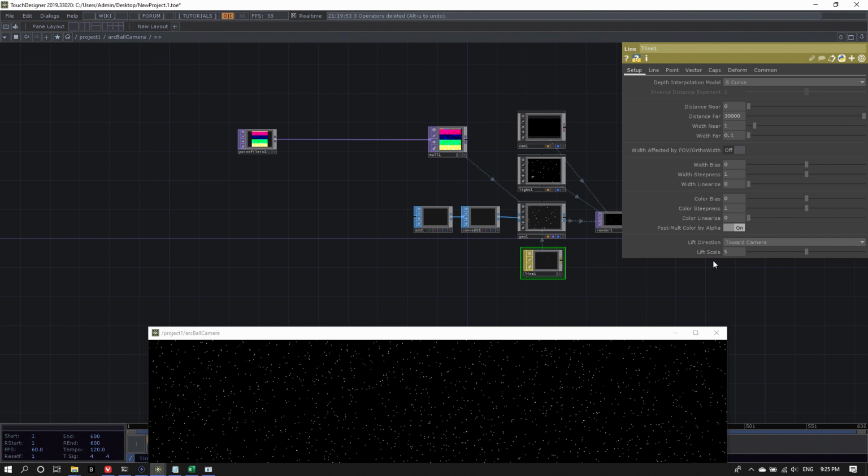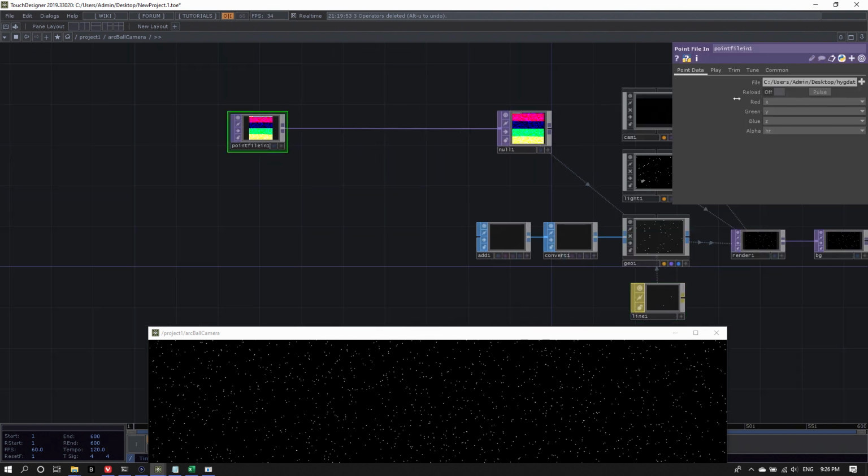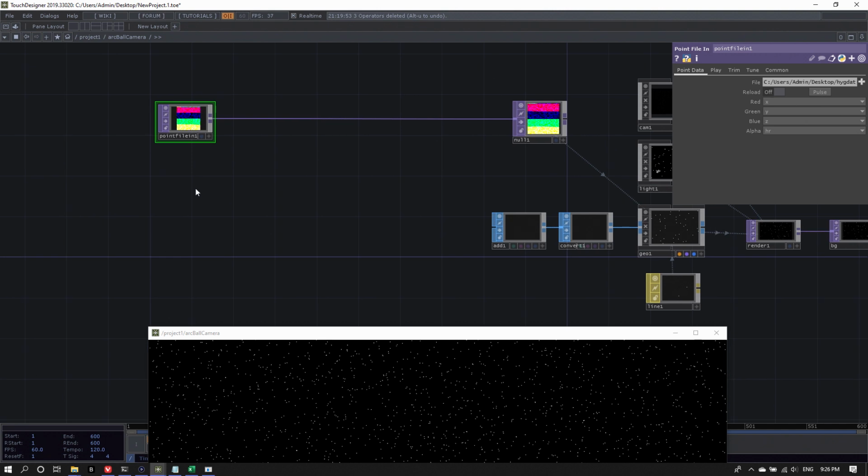Now, how do you get to the color? This is the CI column that we spoke about before. Usually you could assign it here to the alpha channel still, CI, but let's just assume you have maybe RGB in your point cloud also. You could place a new point file in top, but this is kind of wasteful.